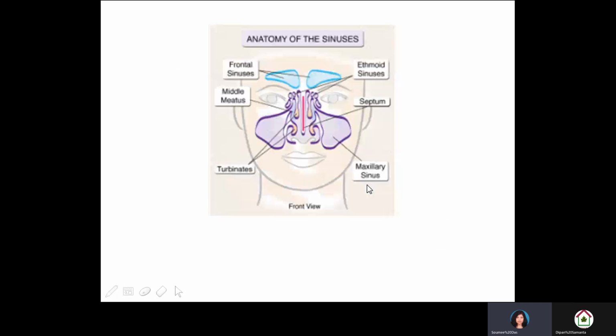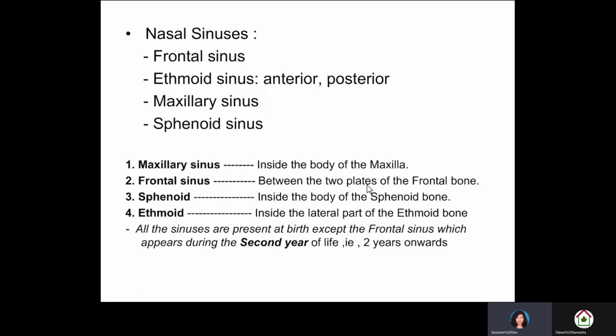Next is the nasal sinuses. Sometimes they are called part of the nose, and sometimes they are called a separate entity, the nasal sinuses. There are basically 4 groups of sinuses. Number 1 is frontal sinus, number 2 is ethmoid sinus, number 3 is maxillary sinus, and number 4 is sphenoid